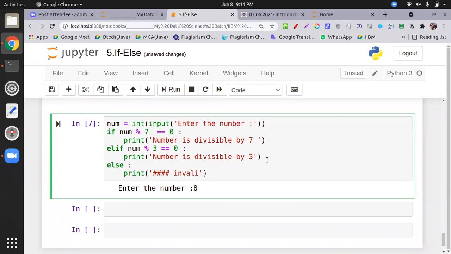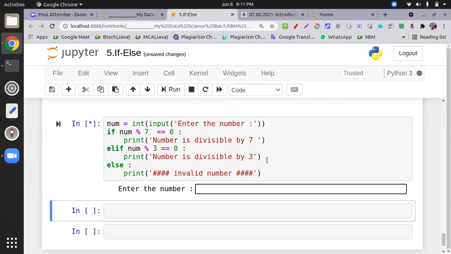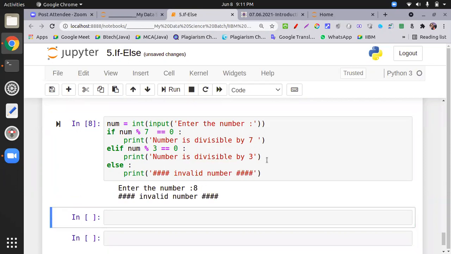This is reserved for that one. You can draw attention to the coder. Okay, now I can put the 8. Got it.